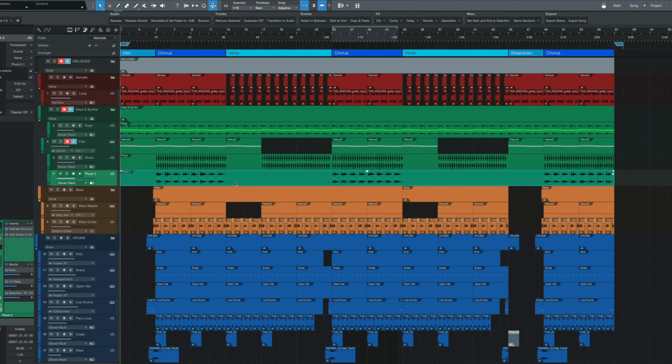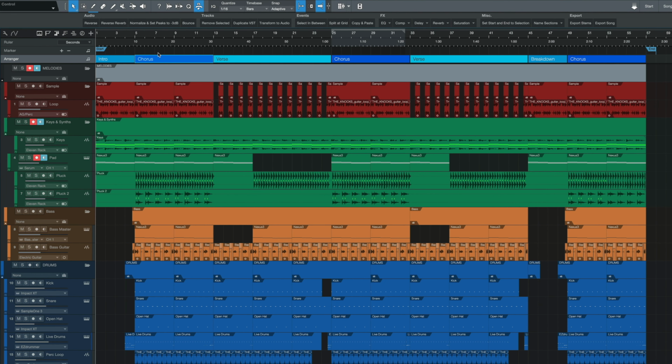to create that contrast. Now, typically I start all of my beats by creating the main part, so usually the chorus, and then strip things away to create other sections. So then if we take a look here at my chorus, you can see all of the elements for my beat that are active, which include a guitar loop, some keys, a pad, 2 plucks, a synth bass, a bass guitar, and then my drums.